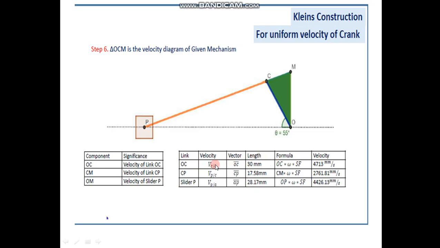So velocity of C with respect to O comes from the basic polygon. Velocity of C with respect to O, which is velocity of crank, is OC into omega, as seen before. If we want to obtain velocity of the crank, multiply OC into omega into scale factor. If you want connecting rod, then CM into omega into scale factor. If you want piston, then OM into omega into scale factor. So likewise we get velocities. I repeat, velocity of crank is equal to OC into omega, velocity of connecting rod is equal to CM into omega, and velocity of piston is equal to OM into omega. We get all velocities.